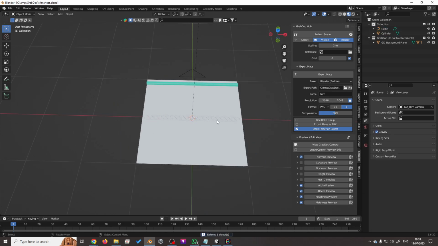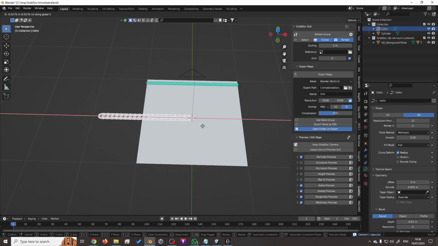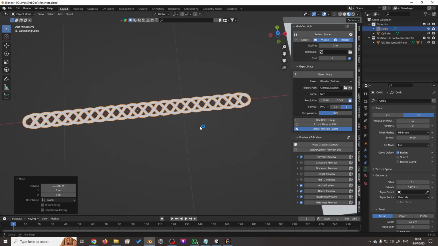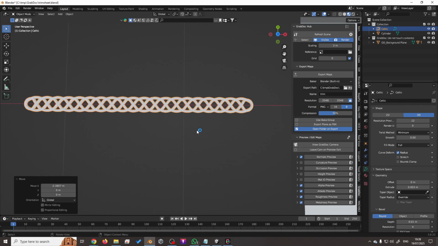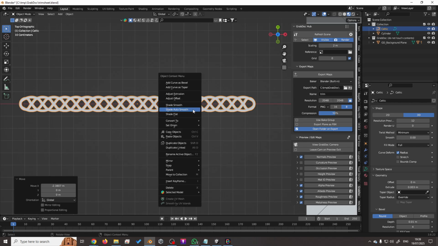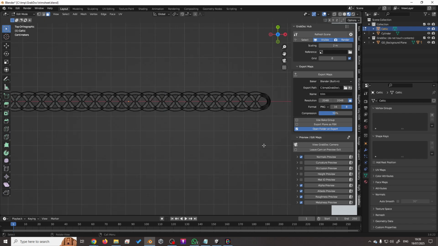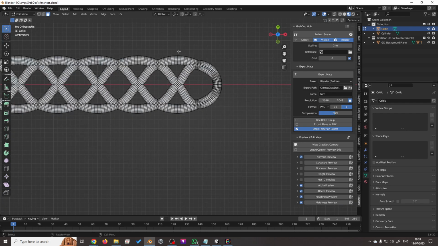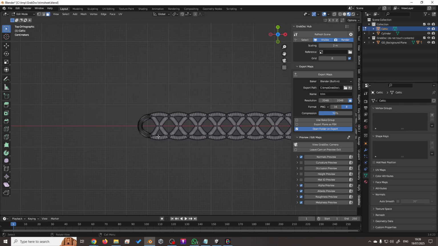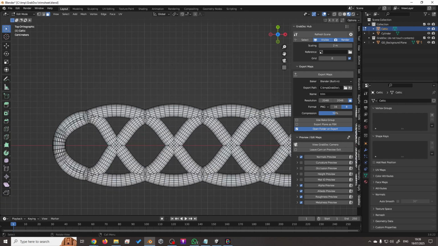I'll just get rid of this because we're done with it now. It's not linked to the curve. I'm going to move this over again because I want to make this repeatable so it joins at the back. So you don't have to do anything fancy. You don't have to worry about the geometry because we're just using it to bake the maps and we can delete it afterwards. So I'm going to convert this to a mesh and go into edit mode. And I want to cut this right down the centre of that last X shape and the same on the other side. But I think probably the easiest way, instead of cutting it,